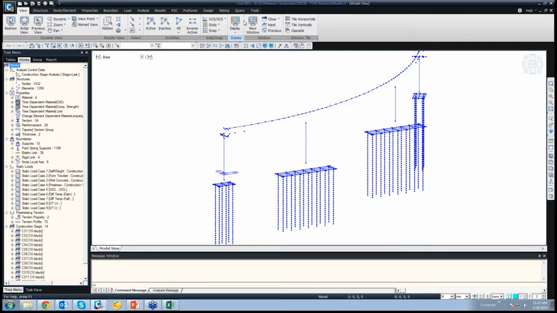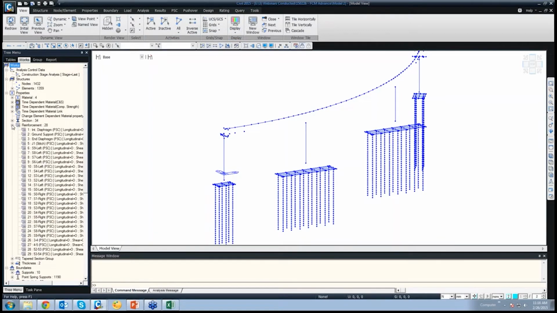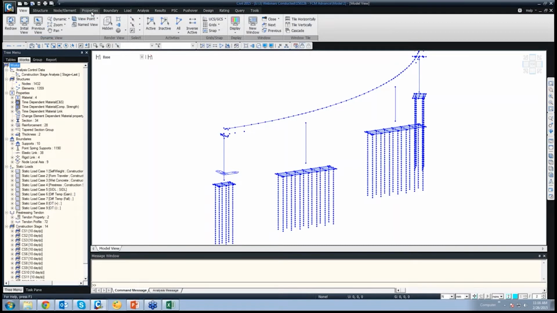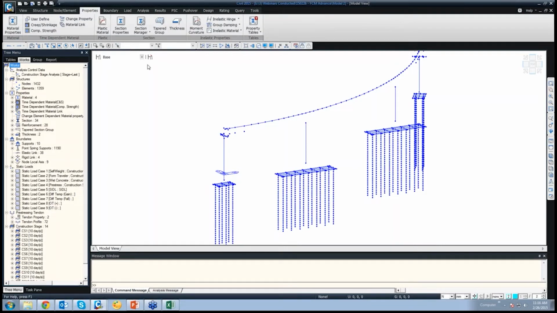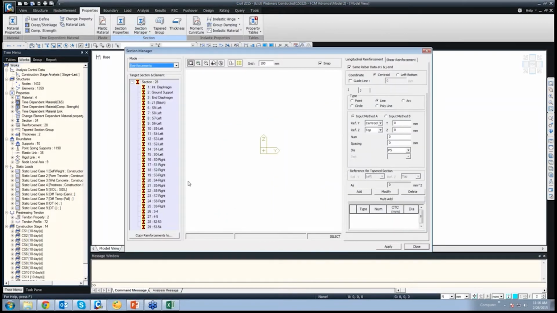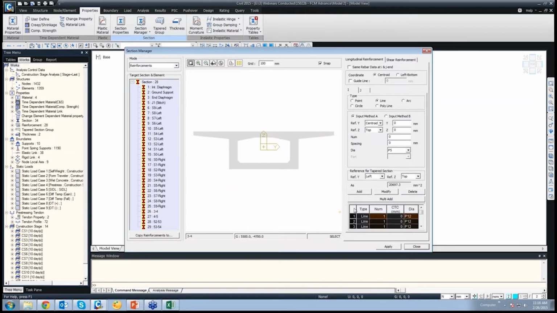So we'll start by how to give the reinforcements. Okay, so these are already provided. So you have to go to properties, section manager, reinforcements. Okay, so these are the sections. Now to provide the reinforcement in this section, you have to click on this section.